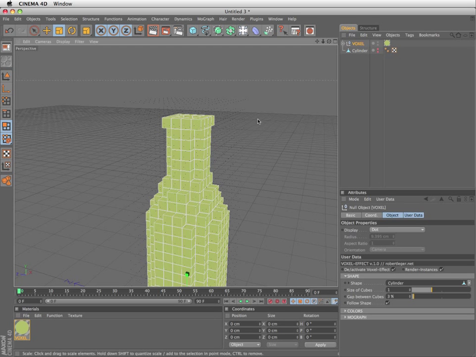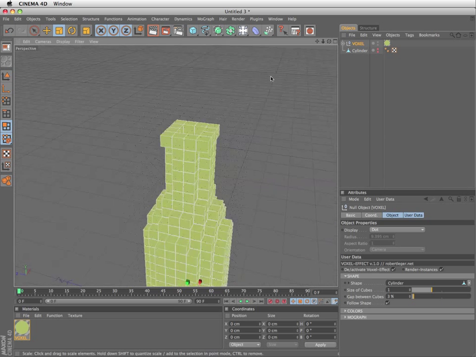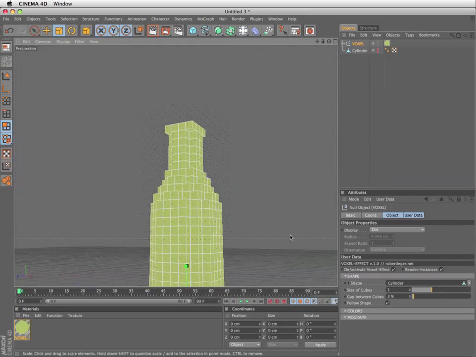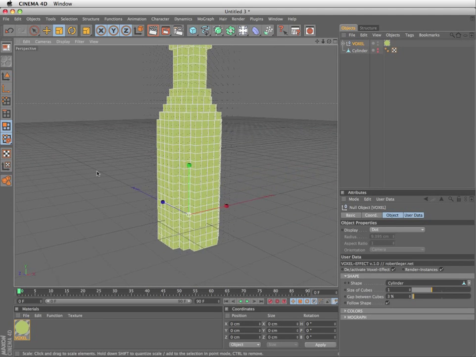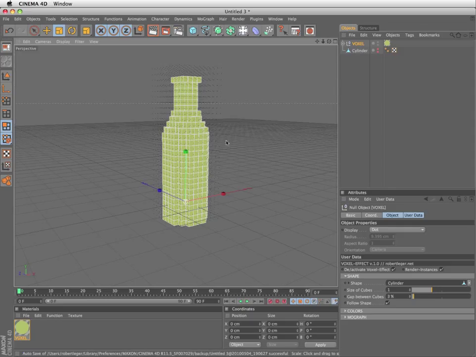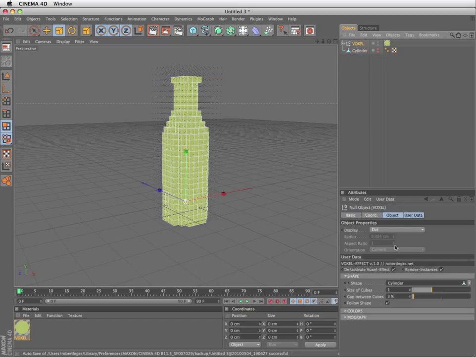Okay, this might be enough already. So you see now I have this upper shape there again. I think it's a good shape. So this is one way to get your details back into the matrix, into the cubes. You can change your main shape and exaggerate some of its features to get them back to the cubes. Or the other thing is you can